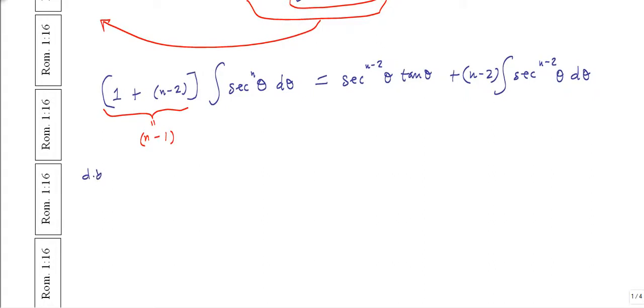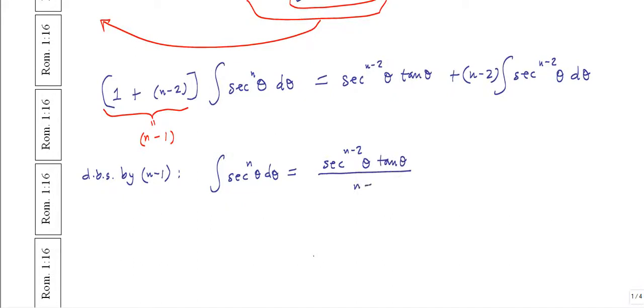So divide both sides by the quantity n minus 1, and so we find that the integral of secant to the nth power theta d theta is equal to secant to the n minus 2 power theta times tangent of theta divided by the quantity n minus 1 plus the quantity n minus 2 divided by the quantity n minus 1 times the integral of secant to the n minus 2 power theta d theta, where n